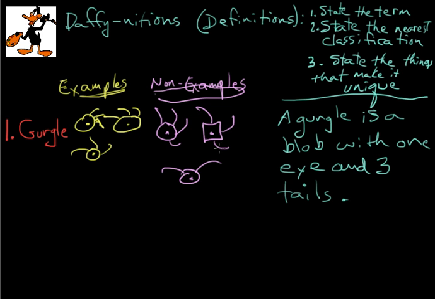Okay. Now is this a blob? Because this is a non-example. This is not a gurgle. So is that a blob? Or let's say roundish. A roundish, and these are exact. A round blob with 1 eye and 3 tails. Is that a good definition, do you think? Because I kind of like it, and so I'm going to stick with that for now, because we need to